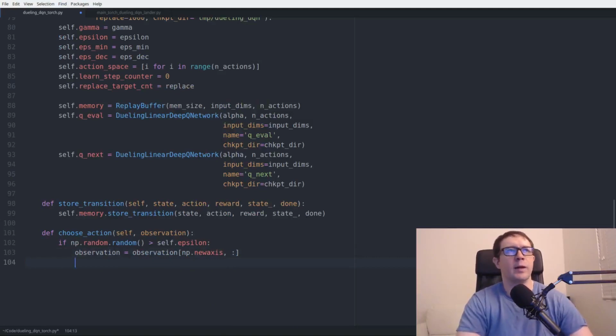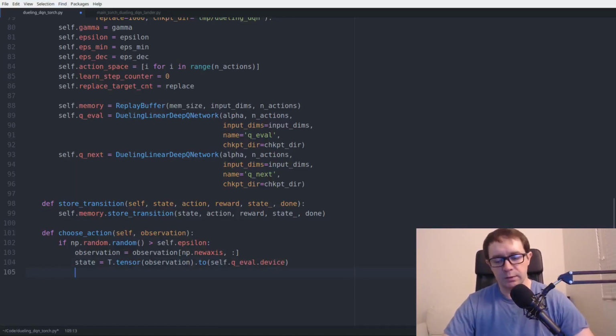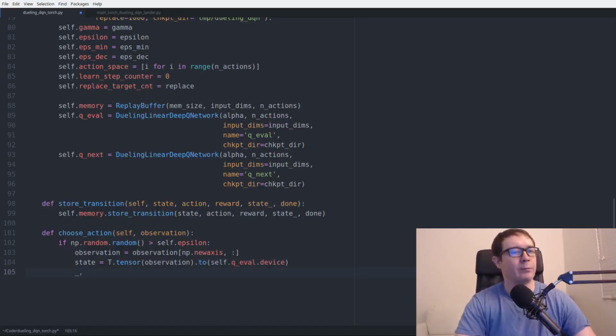So nothing too magical there, but we do have to cast the observation from a NumPy array into a PyTorch tensor, and that also has to go to the device of the qeval network, because PyTorch differentiates between CUDA tensors and regular tensors. So if we are performing computations on the GPU, everything we pass in must also be on the GPU. So then blank, we don't care about the value, we care about the advantage equals self.qeval.forward(state),